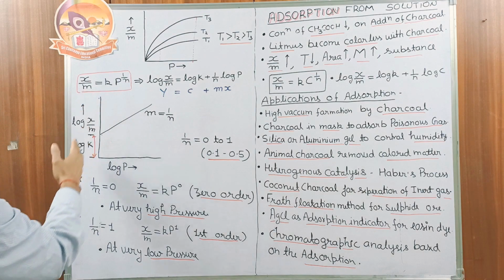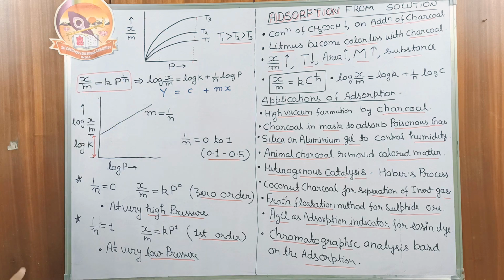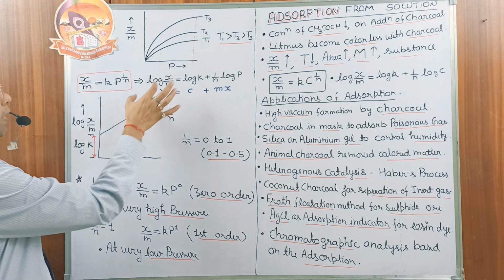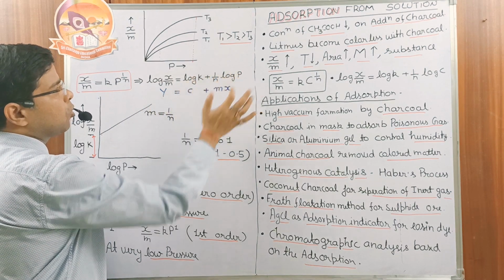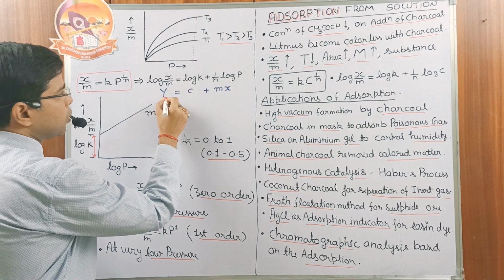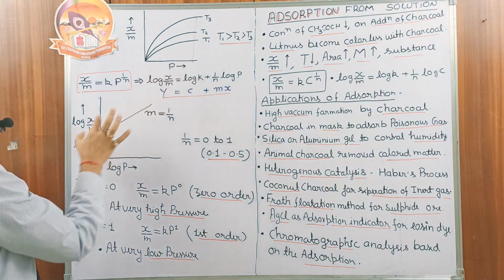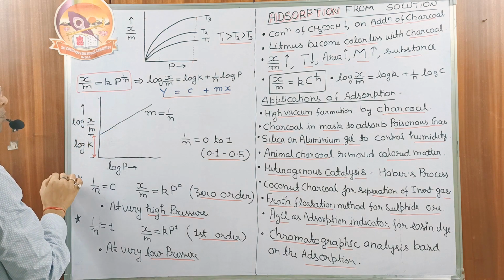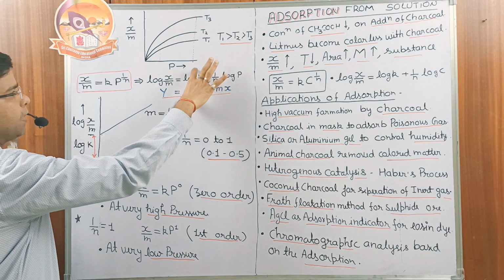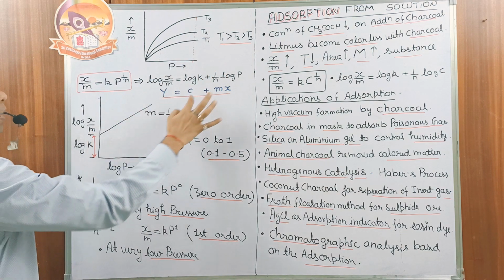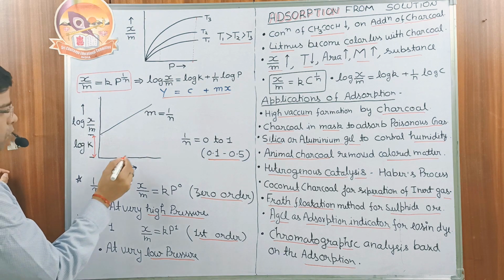We have the Freundlich isotherm equation: x by m is equal to k p power 1 upon n. If we take the log, we have log x by m is equal to log k plus 1 upon n log p. This is the equation of a straight line, y is equal to mx plus c. On the y-axis we have log x by m, on the x-axis we have log p, the intercept is log k, and the slope of the line is 1 upon n. So we can draw this graph